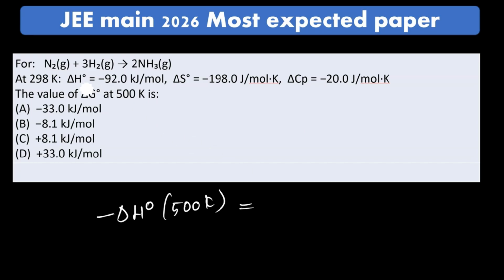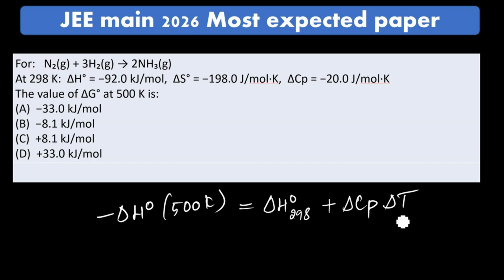It is delta H naught at 298 plus delta Cp